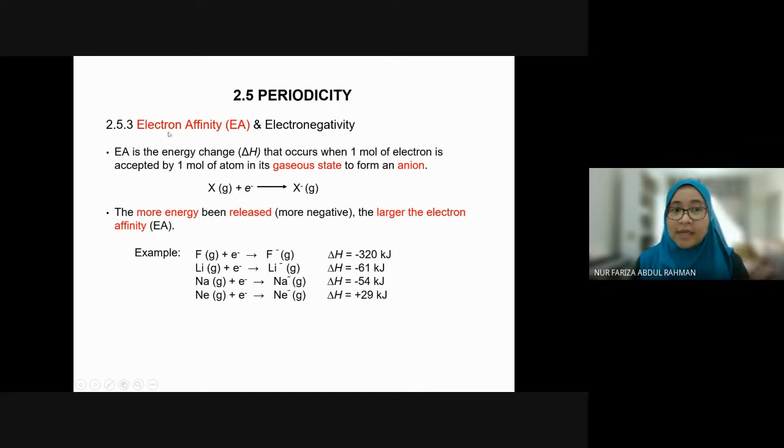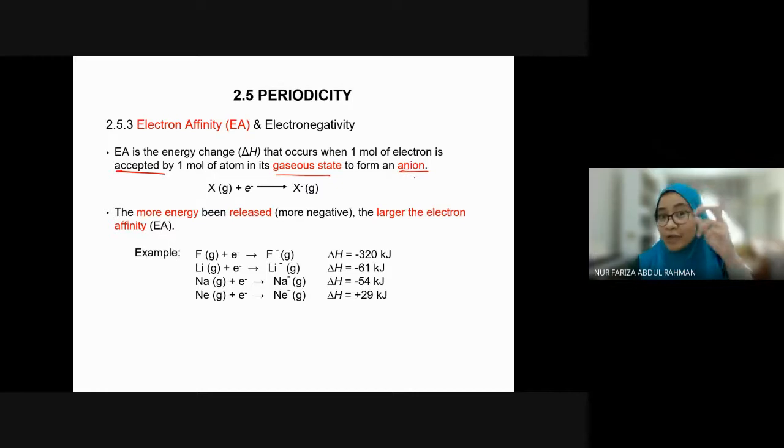But before that, electron affinity, in short, is the preference towards electron. Kesukaan terhadap electron. Affinity means kesukaan, preference. It likes electrons. It means the energy change when 1 mole of electron is accepted. This is opposite to ionization energy. For ionization energy, the electron needs to be removed, but for EA, it needs to be accepted into the atom, and it must be in gaseous state,